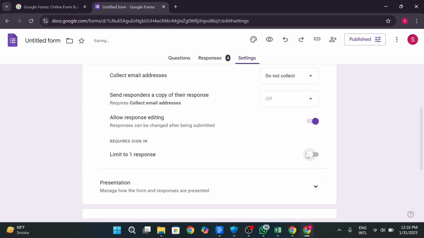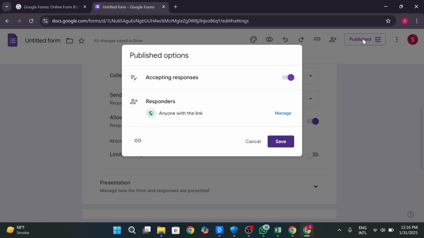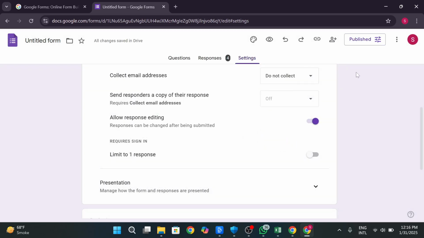By toggling this off, the form will accept the response without signing in the responder. Now on Publish, save the form, then move your cursor here. Click on it to copy the URL address